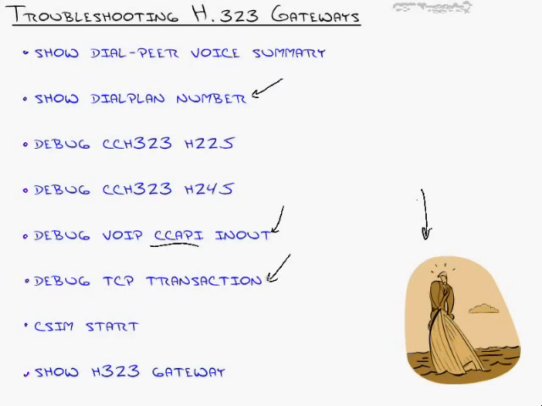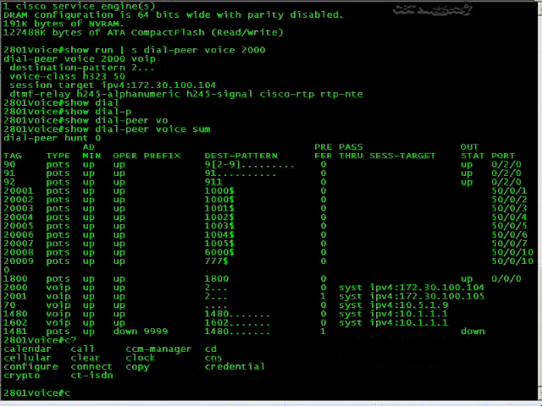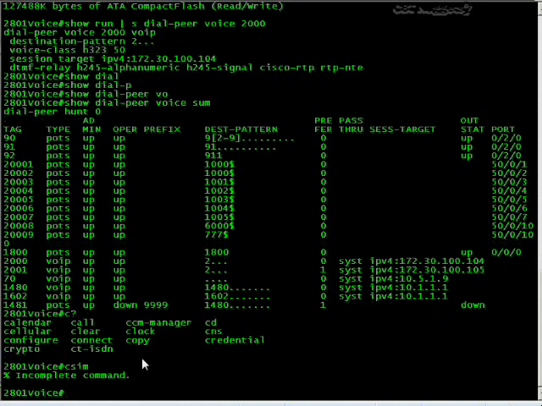Debug TCP transaction will show you your TCP sessions if they're succeeding and failing. That's good since H225 rides on top of TCP 1720. This is a hidden command. Let me just go to the last slide. Let me see if they show it to you now on the new routers. No, it's not. csim. Take a look. You type c question mark, it's not in any of the context sensitive help, but